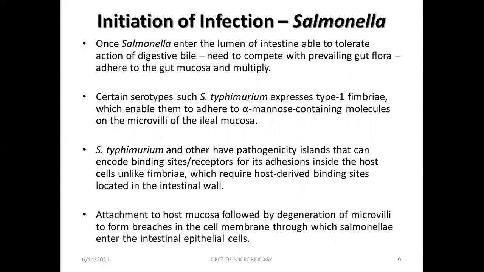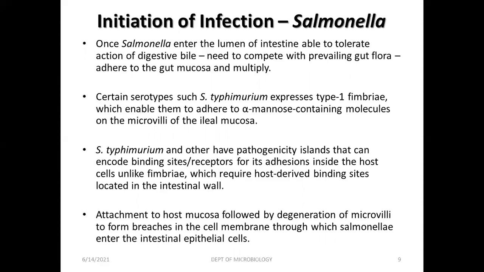At the same time, Typhi and other species have pathogenicity islands, and these pathogenicity islands have the ability to encode similar binding sites or receptors for the adhesins, which are present inside